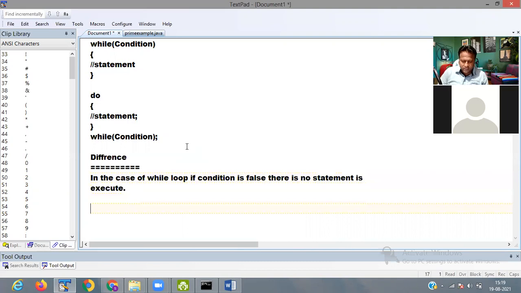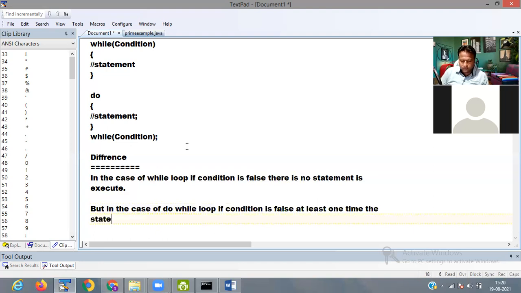But in the case of do while loop, if condition is false, at least one time the statement is executed.